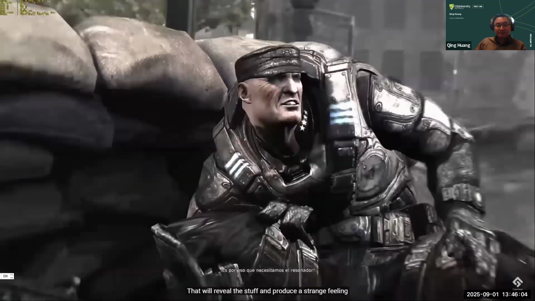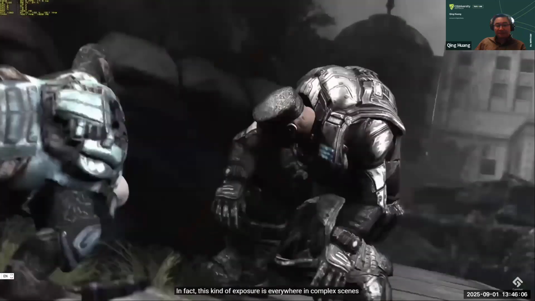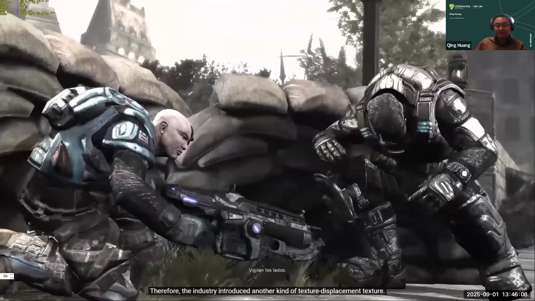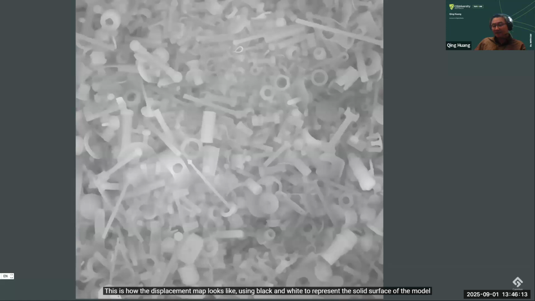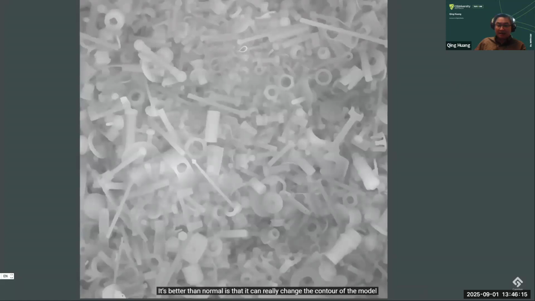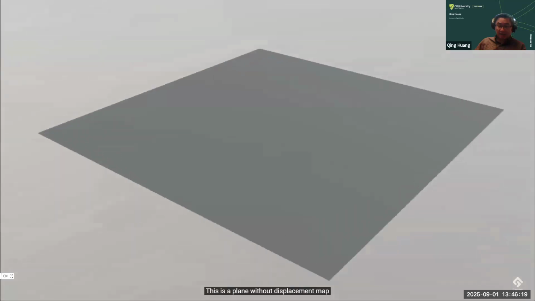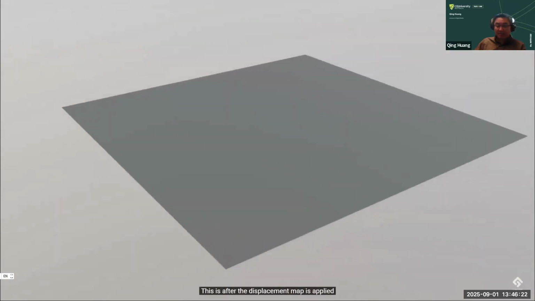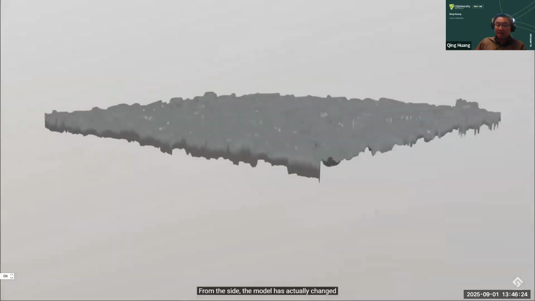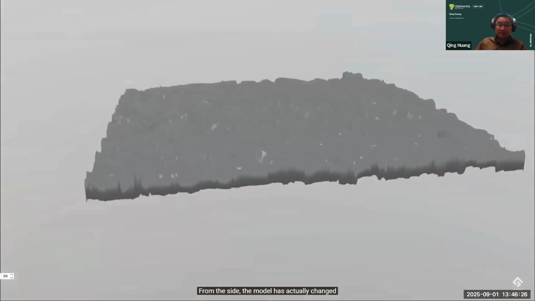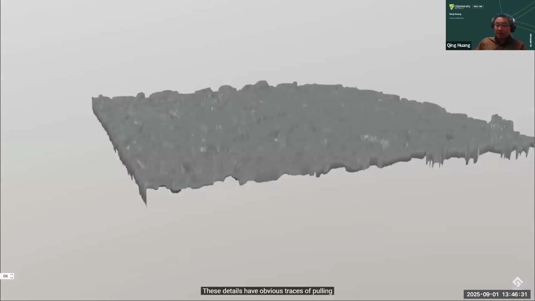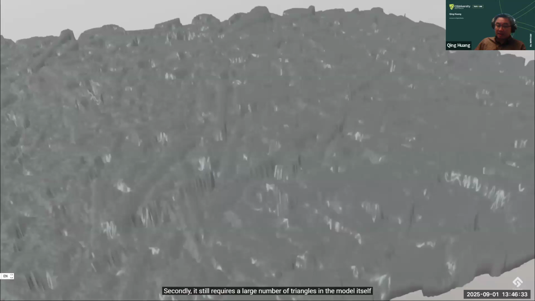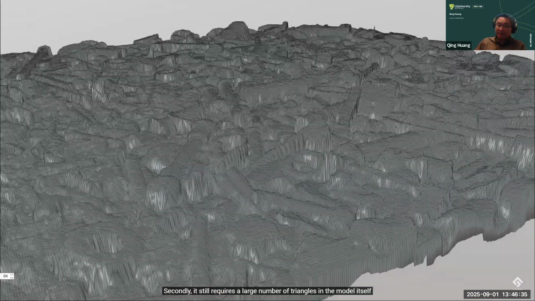其实对复杂场景来说，这种露馅啊无处不在。因此，业界引入了另一种贴图。这是置换技术的样子，用黑白来代表模型表面的色彩。因为法线贴图的设计，它能真正改变模型的轮廓，即使没有计算机的模型，就能实现。这是displacement map。Instead, they just extrude the surfaces a little bit to a level so that it using the black and white to represent the depth information. 其实完全需要模型本身带有创造性，消耗的成本很大。